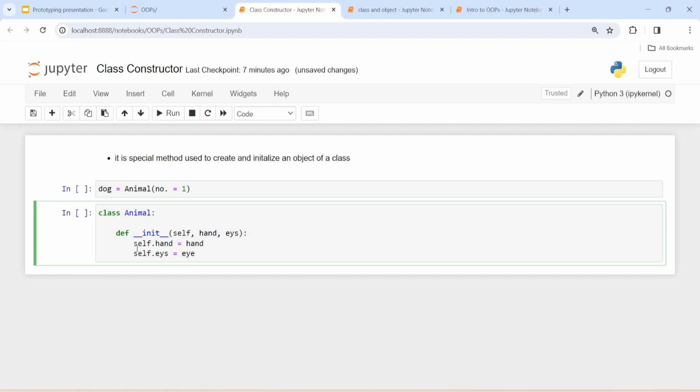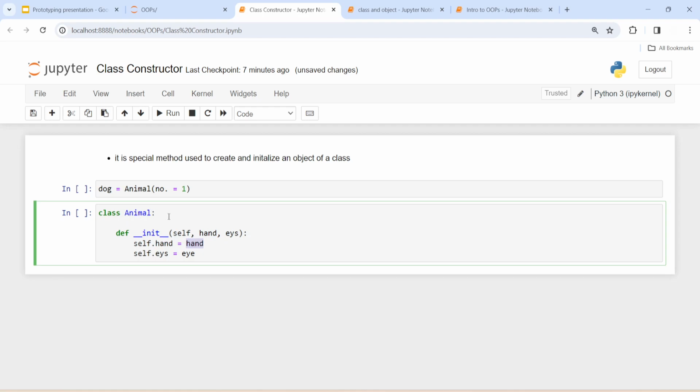It means the object created by animal, self, has a variable hand equal to the hand which we pass when creating the object. So self.hand will be associated with this hand, and this is the argument we passed to the animal class